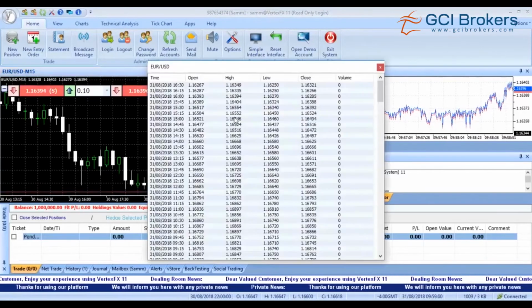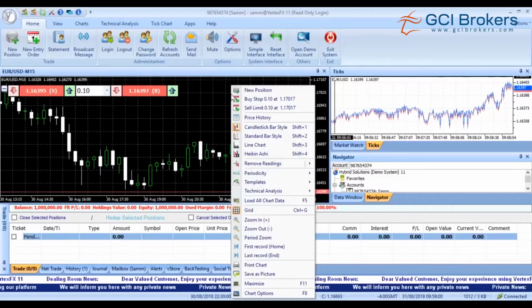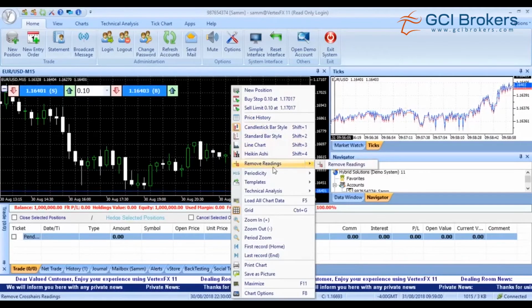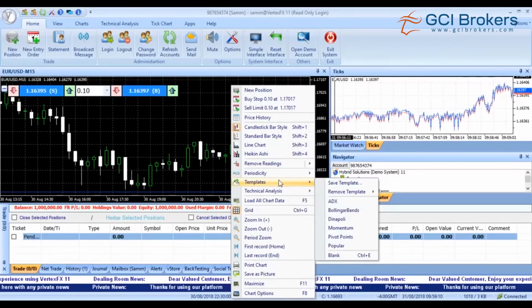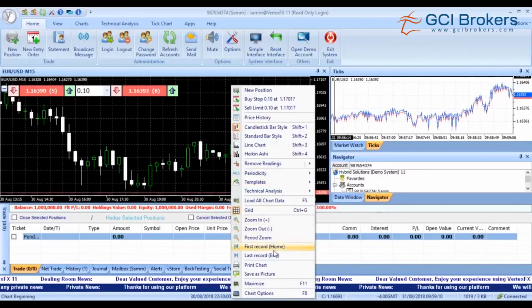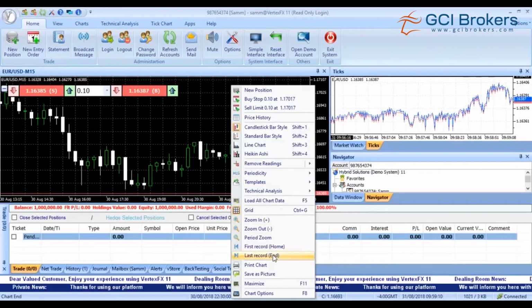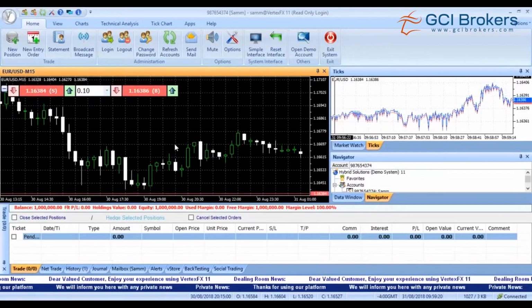The price history will show the price history. You can change the candle styles. You can remove the readings, the periodicity, templates, and zoom out, all the options that we discussed in the charts tab. We have a new, helpful feature